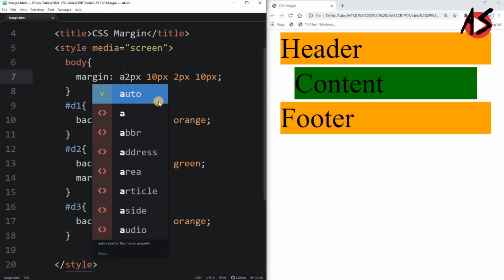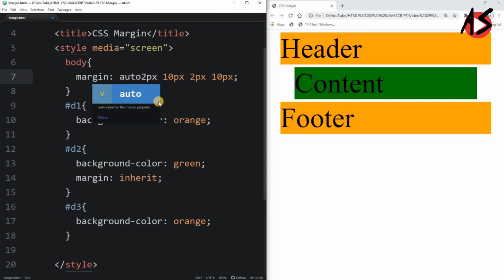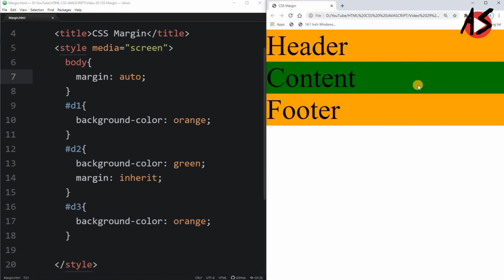Now suppose I am again taking this one as auto, and you can see here it will set the margins automatically. Now I am taking the width 80% and refresh the page, so you can see my second division having id d2 is occupying 80% of the width.